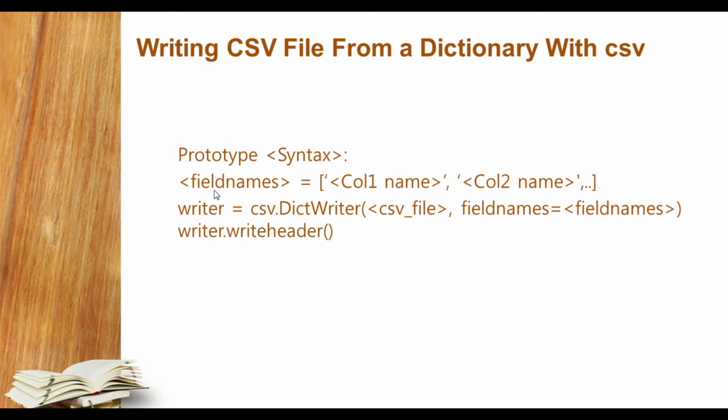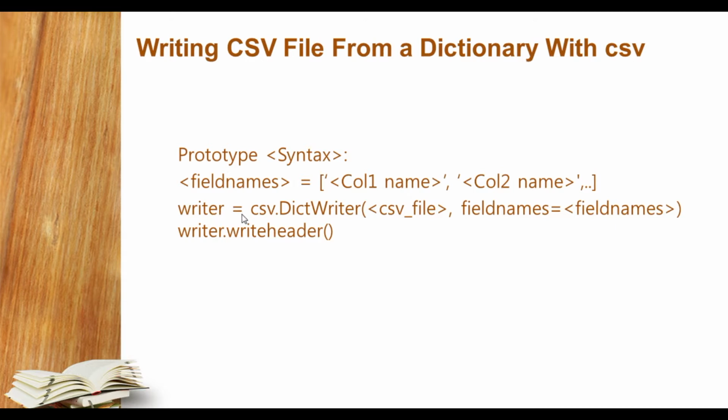In the first line, we are creating the table header, that is, the heading of column number 1, heading of column number 2, and so on. Here we can treat these as field names. The field names may be in the form of a list. So first of all we create a field name list which contains the column headers, like column number 1, comma, column number 2, comma, and so on, and then the list is closed.